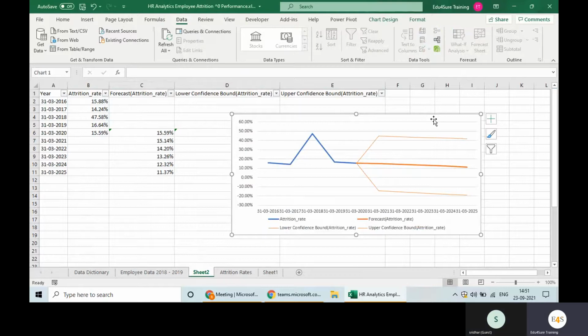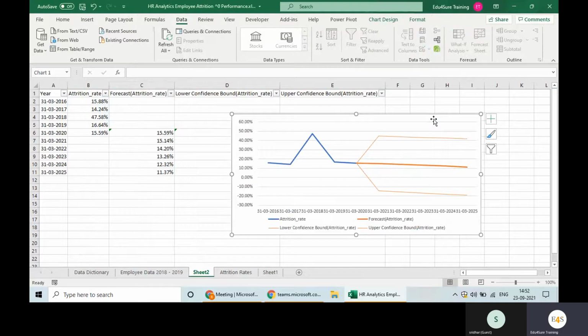But how will you decide that bracket as an HR manager? You need to find out that particular efficient age group, and then you are going to hire only in that bracket. If you think that people at 38 are not performing, will you hire anybody new who is 38 or 40? No, because the person will become a liability in 1 or 2 years. He is not an asset for you, so you are not going to hire.